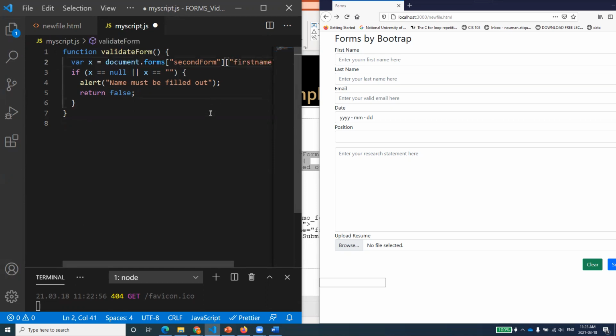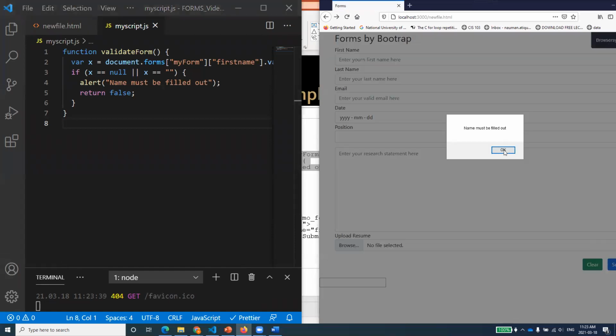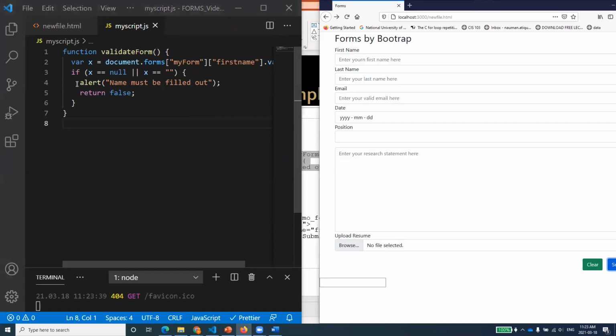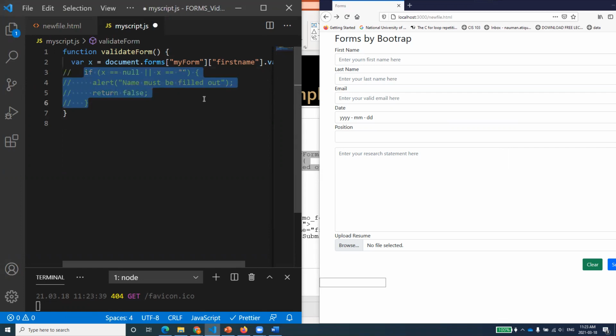Let me just do Control Z and check one more thing. So first name, I have that. I'm just using that same one. And if I do that, it is just checking name must be filled out. Or maybe you know what you can do is that you can just check, for example, not for the null. If you say that, let me just make it a comment